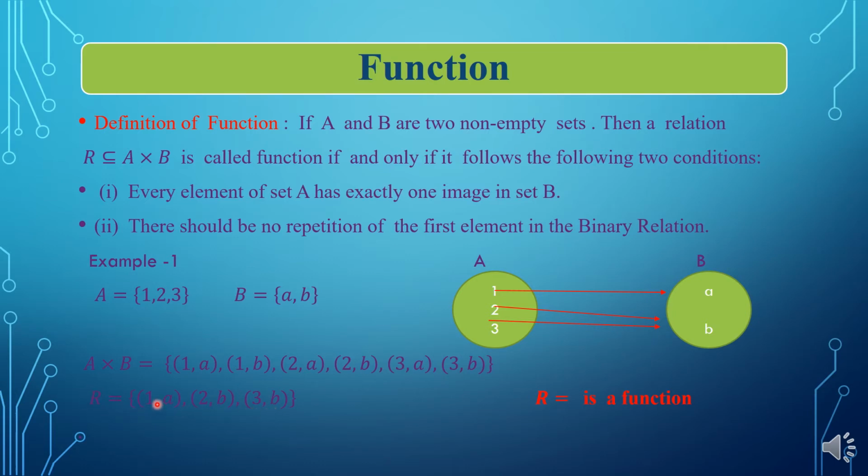So come here, this is a binary relation. If we look at the first elements, they are 1, 2 and 3, and there is no repetition in the first element of the binary relation, so it also satisfies the second condition. And if we look at this relation on the Venn diagram, one image is A, two images B, three images B, and there should be no repetition in the first element of set B. So both conditions are satisfied here with us. Condition 1 and condition 2 are satisfied, so this R is a function